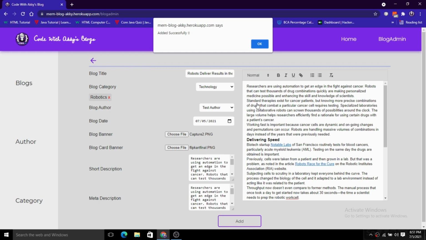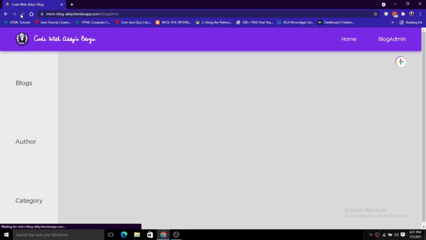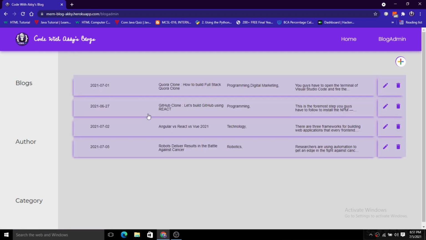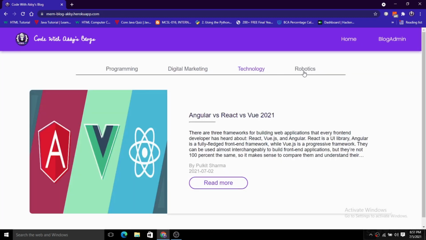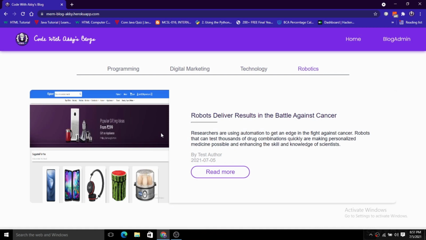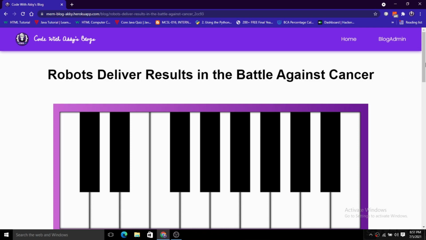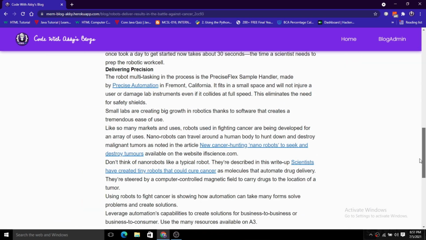So here you can see the blog added successfully, and you will see the blog, but you are not seeing it. Let's refresh this. We will have an updated dashboard here. Now you can see here we have 4 blogs. Now let's test the blog here. You can see here the robotics section is also coming here because we have added the category for robotics, and it is coming also here. And here you can see we have the robotics blog, the image, I think it is now updated here. The image is updated here, and now you can see and read the blog also here. So this is the whole system flow and the design that we have created.